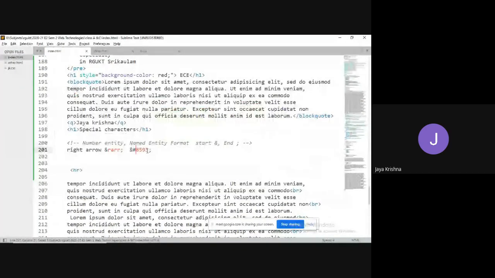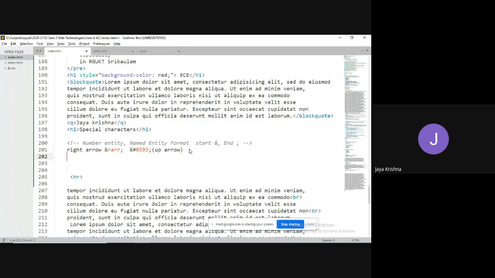Like this, we'll have various kinds of things. So you have to start with an ampersand followed by a hash symbol; that one we call a number entity. If we simply start with an ampersand followed by the corresponding text, we call it a named entity. For example, I would like to display the copyright symbol. Then I can go for ampersand copy. Copy is a named entity.